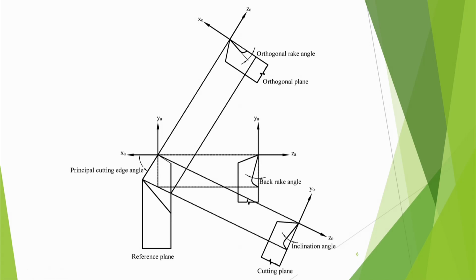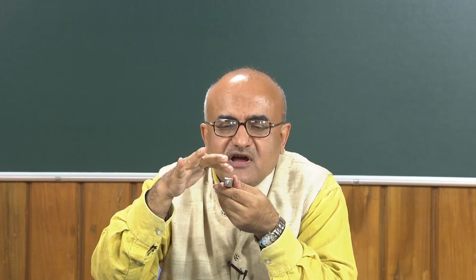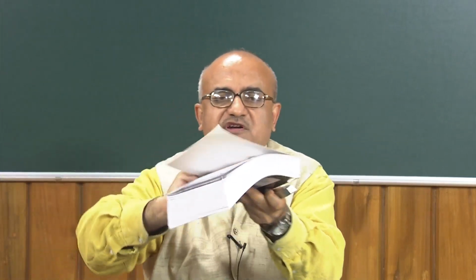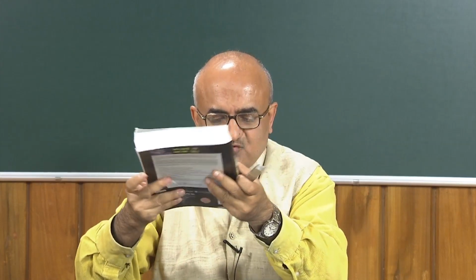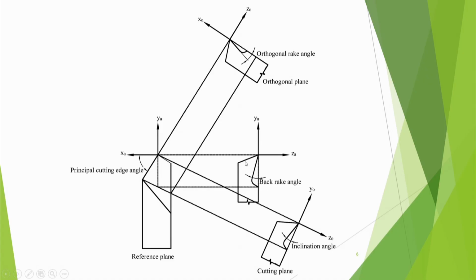That means you have put the tool like this, and in this tool you are having this plane like this. So this is the slope. Whatever slope you are seeing in this slide, that means it is towards you. That point is up, and towards you it is sloping. So this point was up and it is sloping. This book is horizontal, but I have made it sloping. So this way it is coming, that back rake angle,